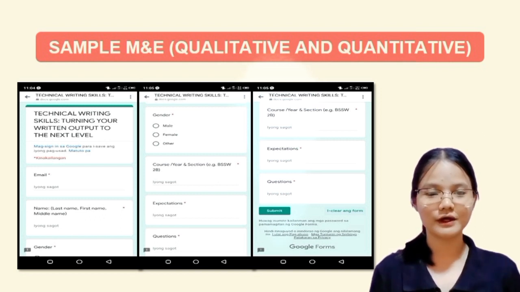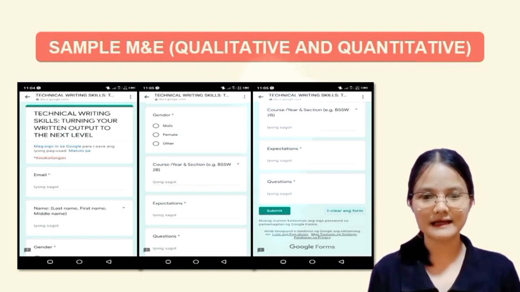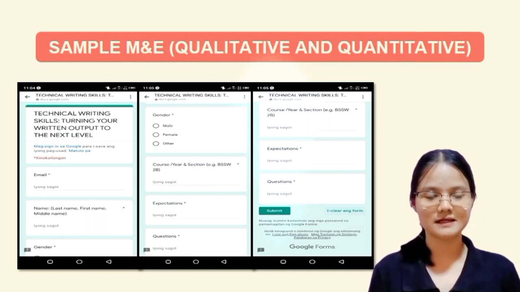And we have a sample here where mayroong personal information of participants like names, gender, and also questions and expectations nila sa ikakonduct na training or about sa topic. And sa paggawa nito, make blank lines after each heading long enough to accommodate long or hyphenated names, katulad ng